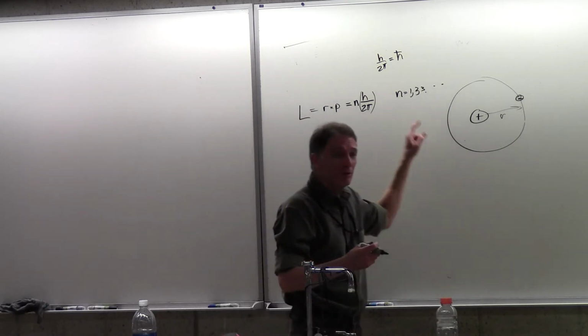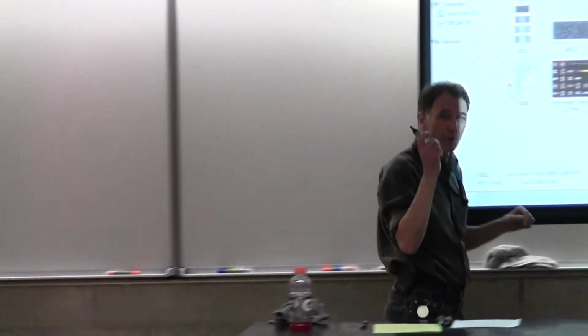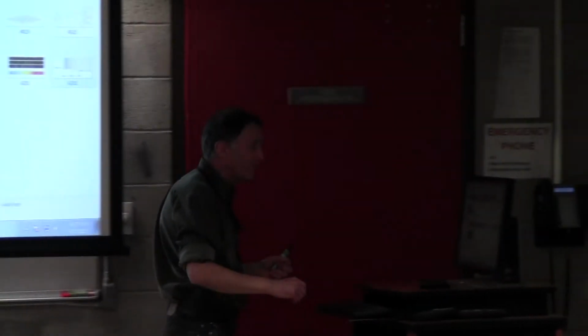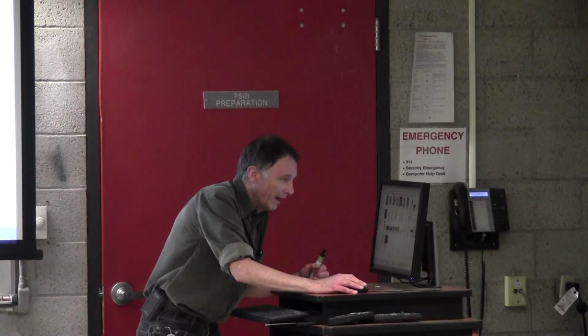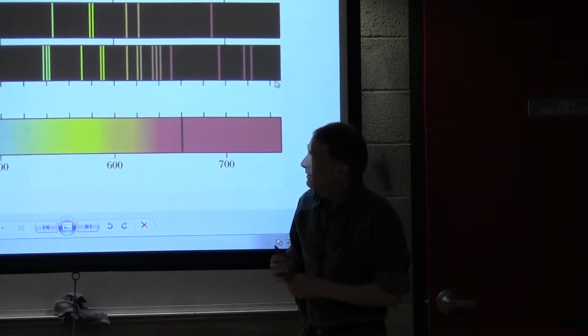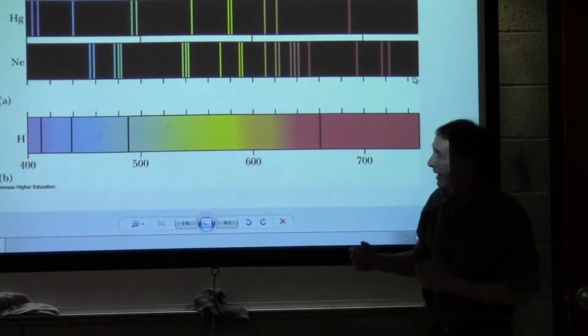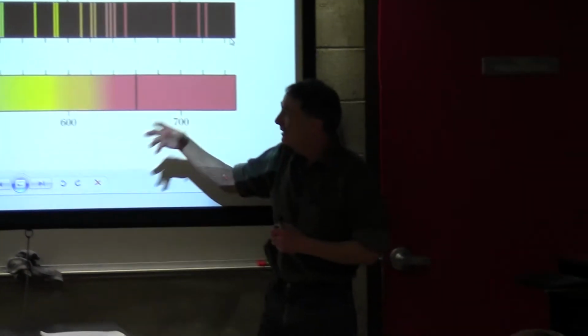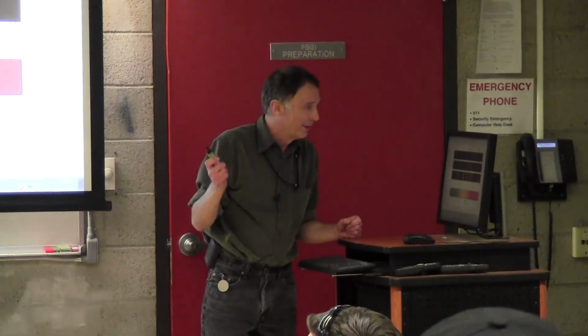But what he was able to do is develop an equation that could nail all these spectral lines with all of their wavelengths to like 8 decimal places. So this said, wow, this is intriguing. They tried the same thing for multi-electron atoms like helium, neon, argon, and totally failed. But it was good for a one-electron